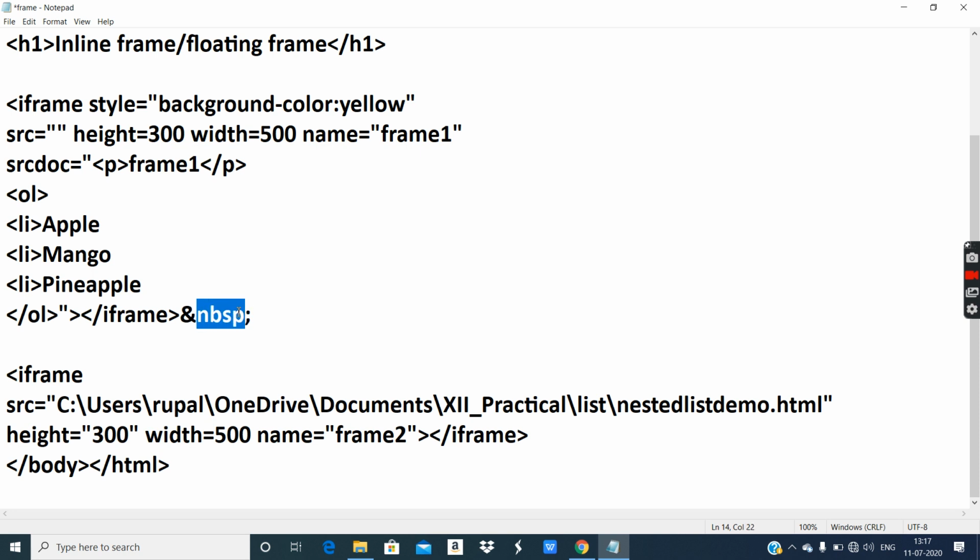semicolon symbol. Okay, and in between that you have the character code. Now, spaces are generally, you give spaces in Notepad, but that doesn't reflect in the browser. So if you want to add spaces, you can use this mnemonic, ampersand NBSP. NBSP stands for non-breaking space. There are mnemonics, for example, for symbols which are not available on the keyboard, like copyright, trademark. These are symbols which are not available on the keyboard. But if you want to display them on the website, you can use mnemonic codes like ampersand COPY semicolon, that will give you the copyright symbol. Okay, ampersand REG semicolon, that will give you the registered symbol.